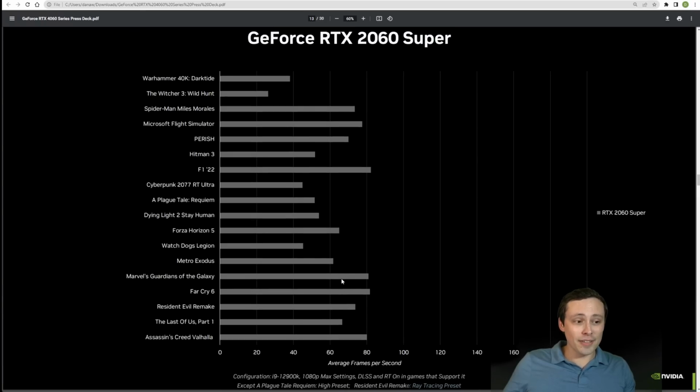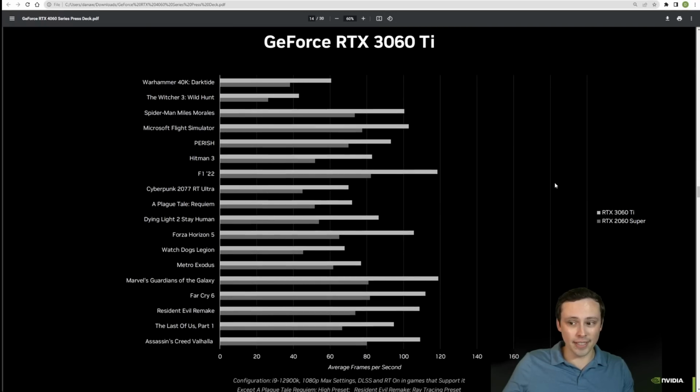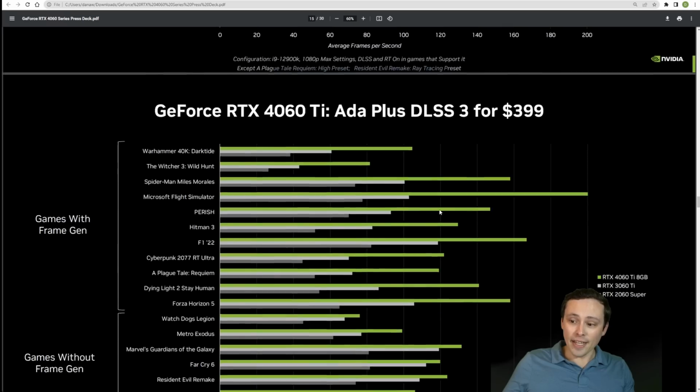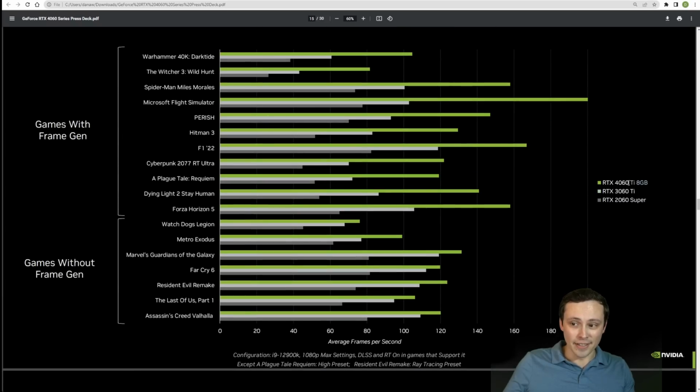Basically everything maxed out that you can max out without going over the 8 gigabyte VRAM buffer. That's what a 2060 Super can give you. Now they are adding in the lighter colored line here. This is the 3060 Ti in those same games and same settings. And then they're adding in the green line, which is the 4060 Ti, which is now giving you your performance